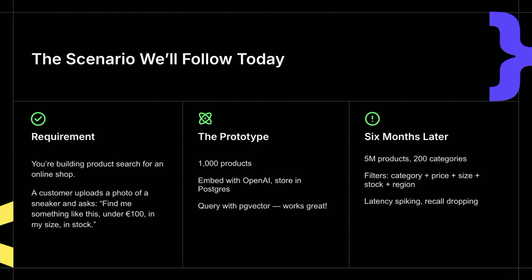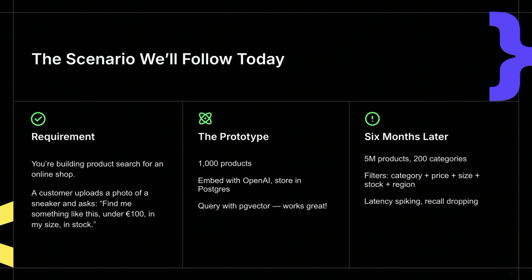And then you go into production, and then the reality hits. So you have scaled up. You have around 5 million products across 200 different categories, and you have multiple filters now. So that's when you see the problem, and that's when the question arises on which database to use here. So you see latency spiking, recall dropping.